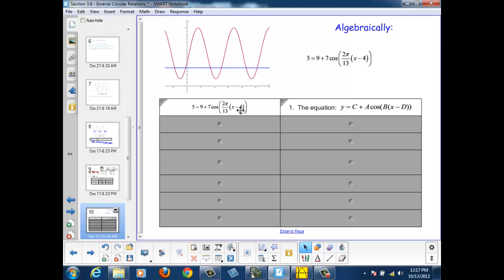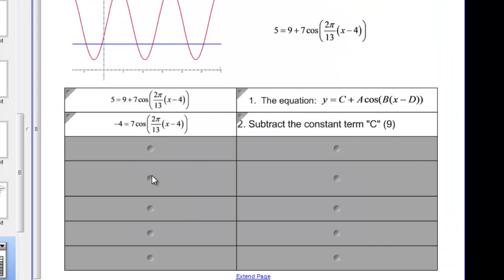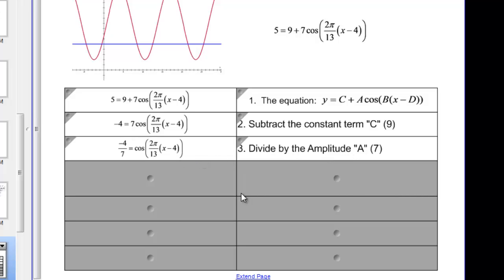Now, since we're trying to solve for x, we need to move through everything that's blocking x from being on its own. So the first thing we'll do is subtract the constant term c, 9, and we'll get negative 4 equals 7 cosine of 2 pi over 13 times (x minus 4). The next thing in our way is the 7, or the amplitude a. So we need to divide by 7 on both sides, and we'll get negative 4/7 equals cosine of 2 pi over 13 times